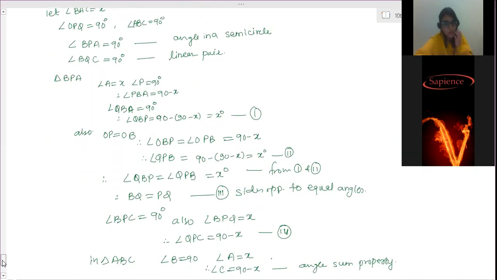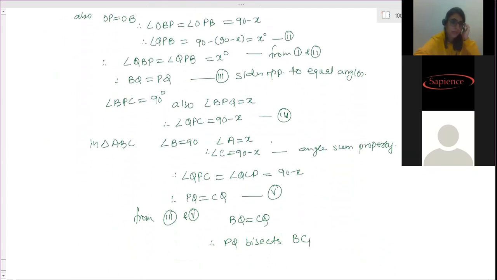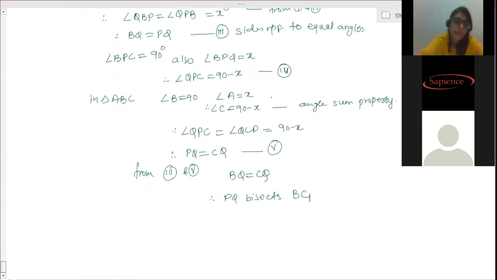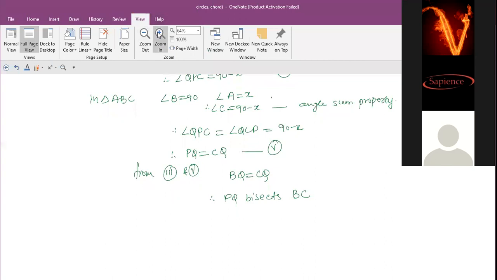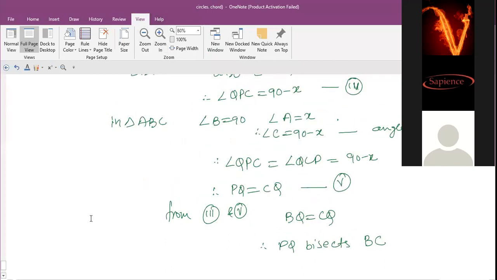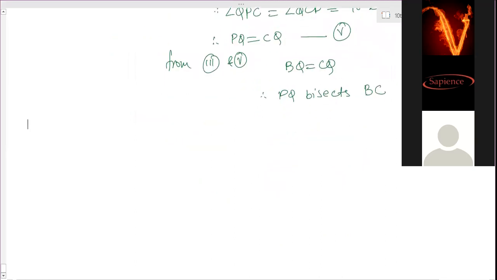Clear? Which year batch, ma'am? Last year morning batch. Ma'am, did this question come last year? No, it didn't come. At the time of revision, we were doing this. Ma'am, if it would have come, the students would have been happy.